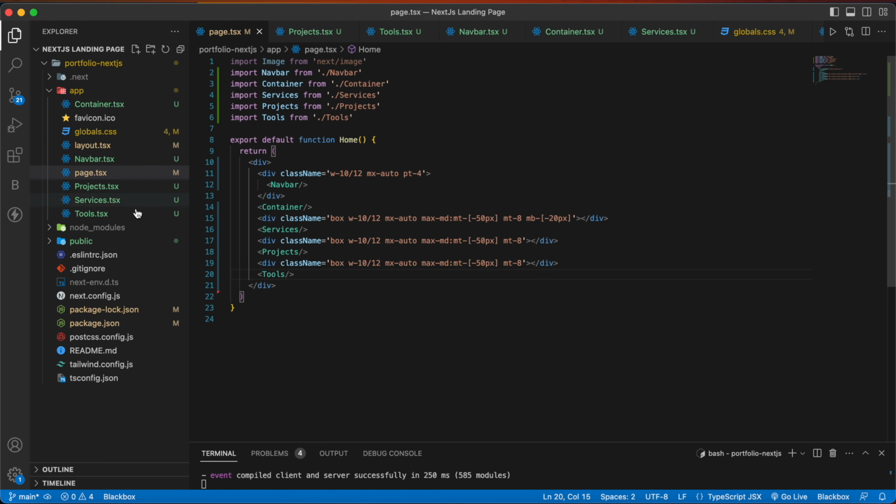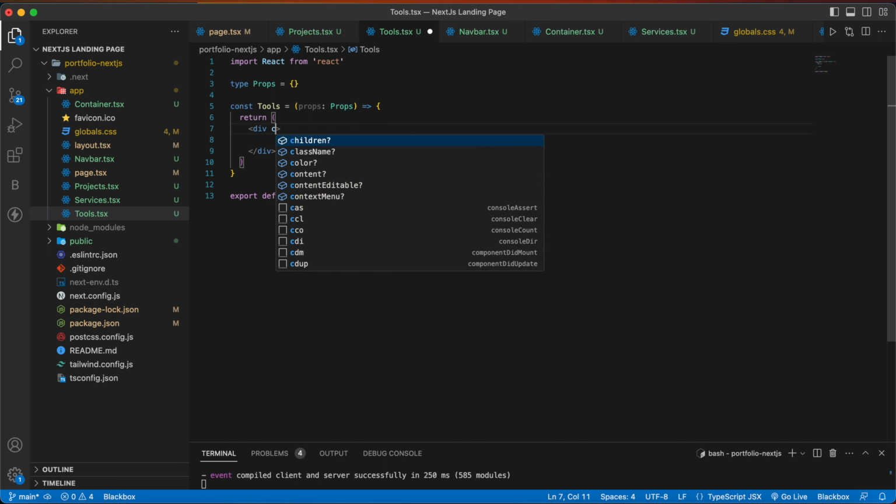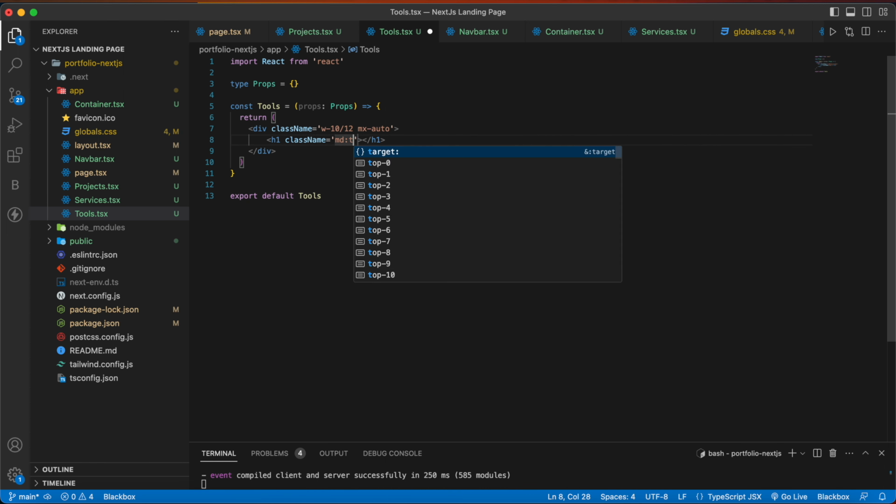Now let's go back in the tools.tsx and remove this. Then inside this, we are going to give a class name w-10/12 mx-auto, and then we are going to give an h1 tag, and it will have a class name md:text-4xl. You can just copy that from here.